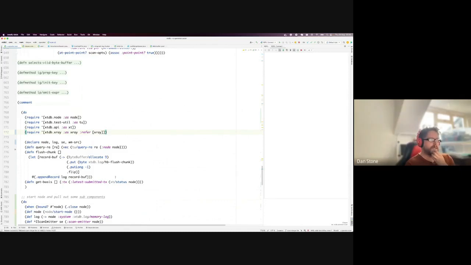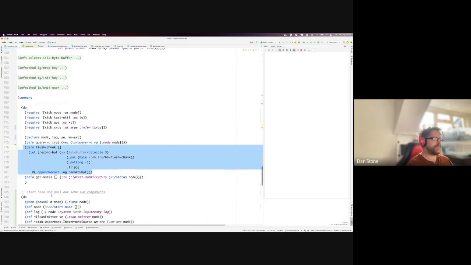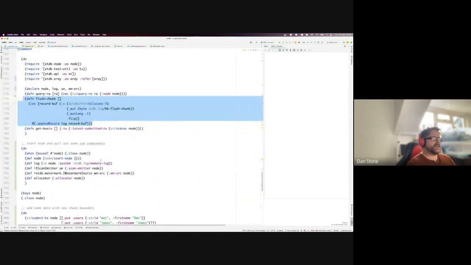So for example, this flush chunk function here is going to cause an IO event to happen that wouldn't typically happen if you just left the system alone. Somebody has to do it, or you have to put the system in the state to do it. And basically, here we're going to set up a node and pull out various objects that the node depends on, which are arguments to functions in this namespace, arguments to constructors of other objects. But yeah, the scan operator itself,